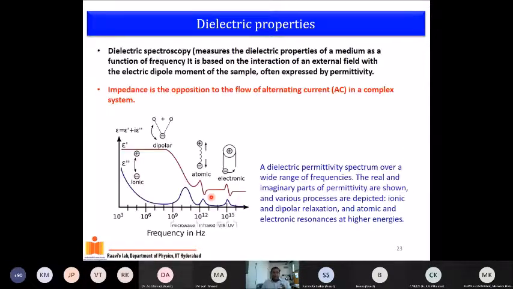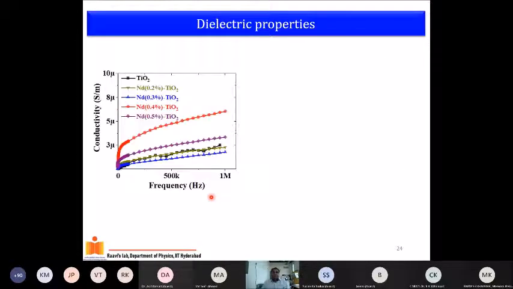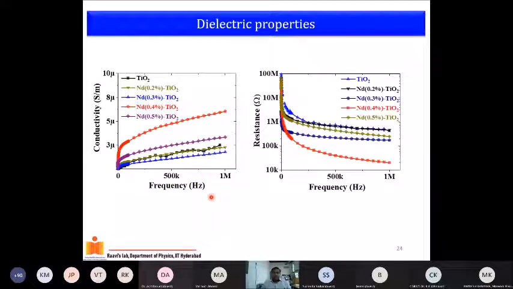Another point I want to emphasize is that dielectric measurement is simply measuring the capacitance. You make a pellet of your powder, your material. In this case we have used titania or Nd-doped titania powder. You made it into a pellet, hardened into a small tablet form, deposited electrodes on either side and connected it. Once the electrode is connected, you start measuring the capacitance. That's the main aspect of dielectric spectroscopy. So what we obtained is the conductivity and resistance.